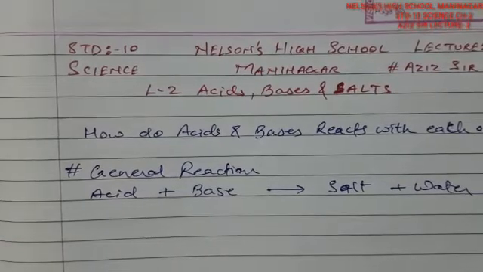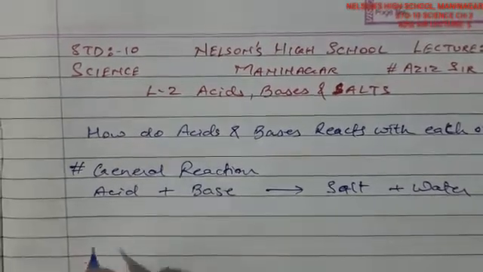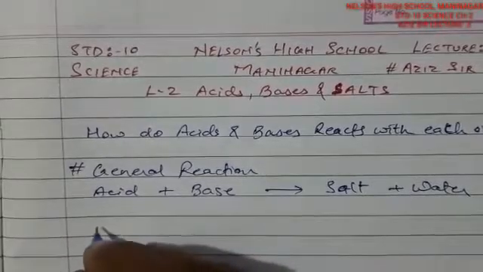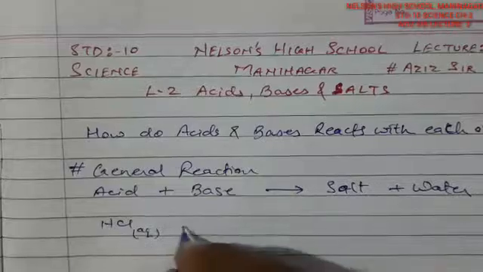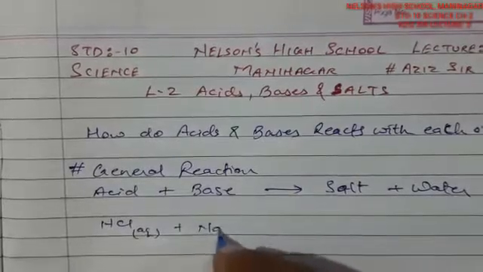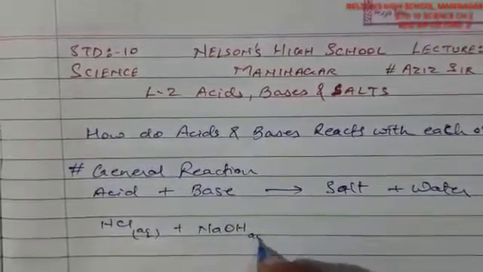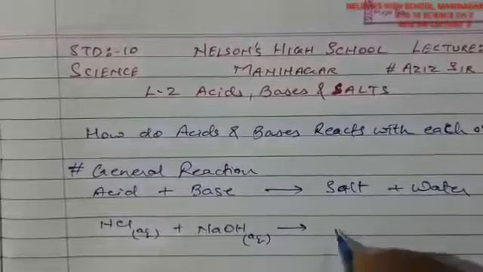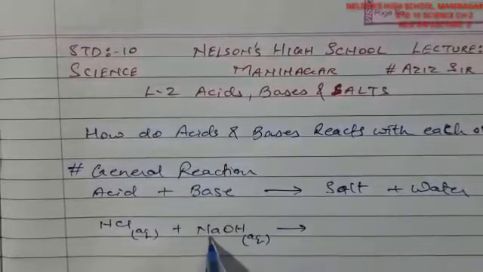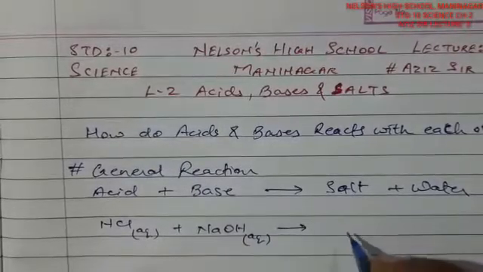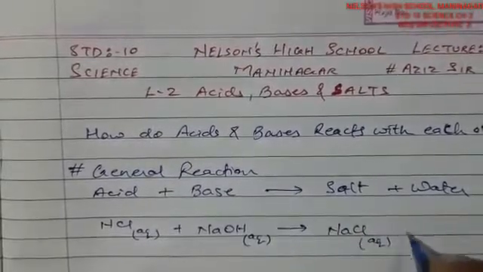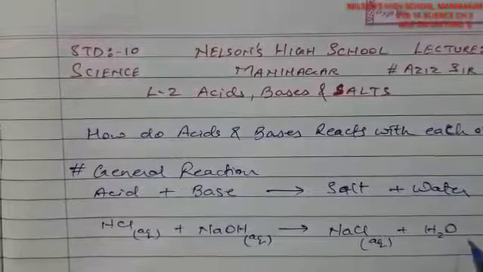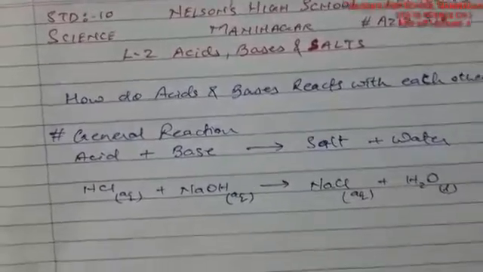So we will take some examples. For acid, we are going to take HCl. HCl in aqueous condition reacts with a base, which we take as NaOH, and gives salt. That means the metal ion is positive and the negative ion is from the acid, so it is going to be NaCl in aqueous condition plus water molecules, that is H2O in the form of a liquid. So this is how it turns out.